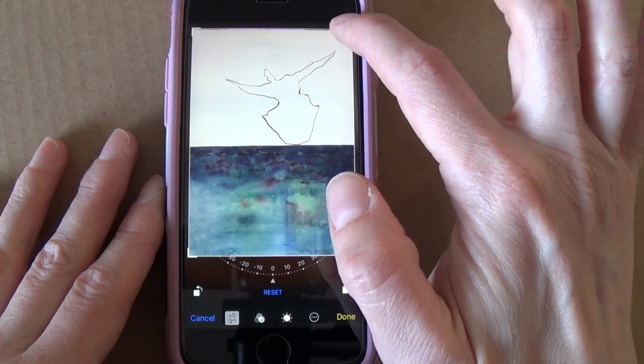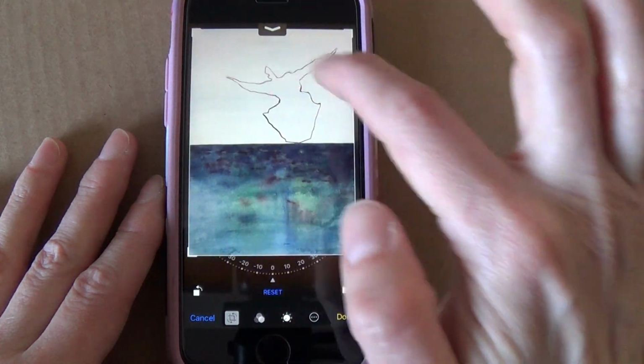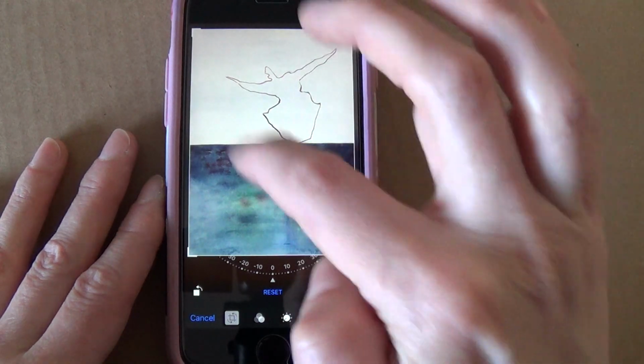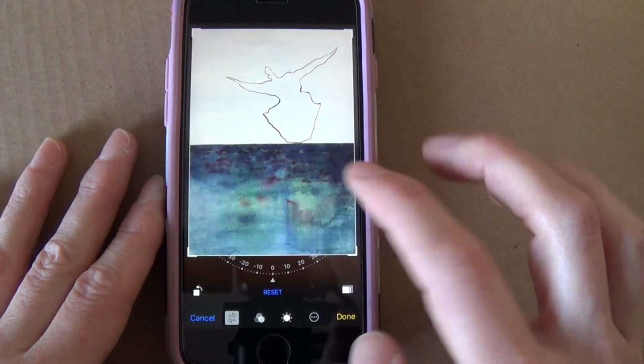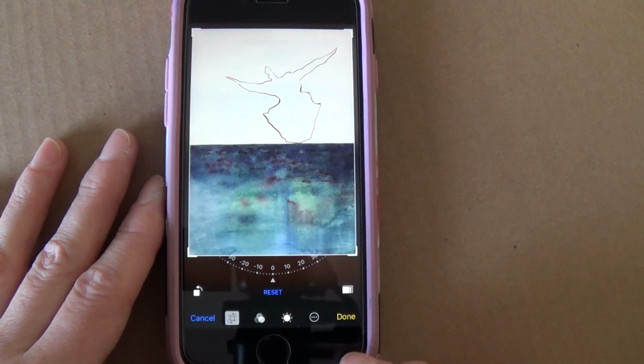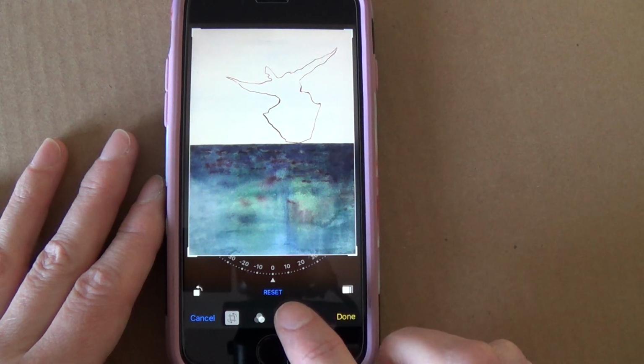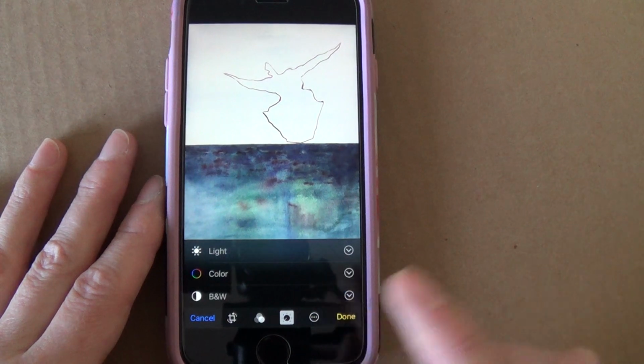You want to make sure that there isn't any stuff outside of the actual artwork. And then to mess around with the color,